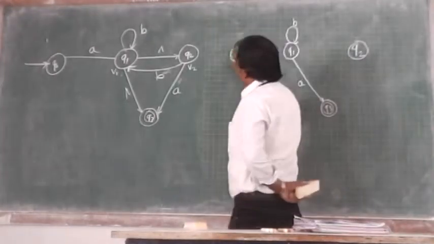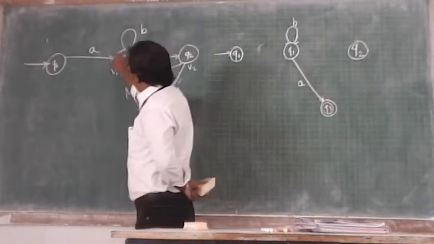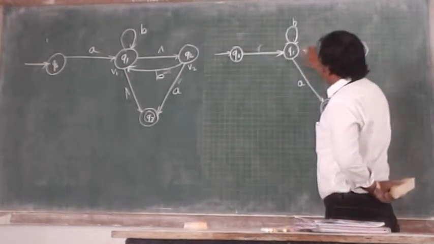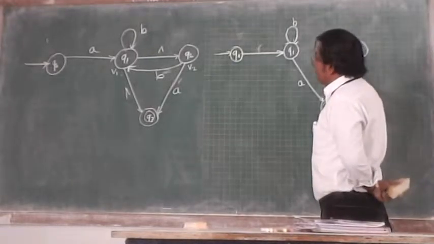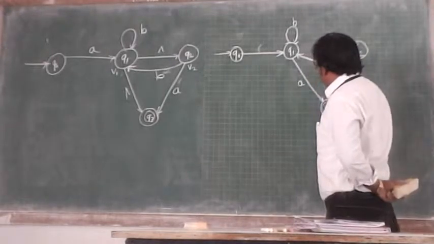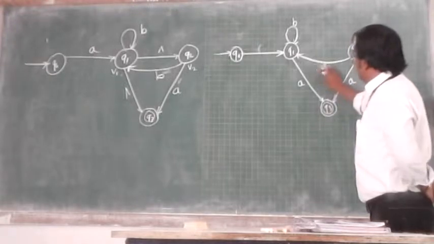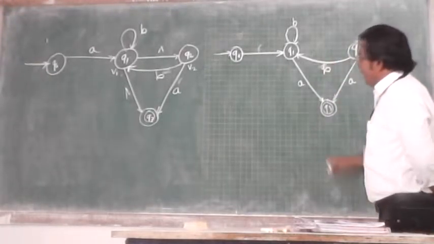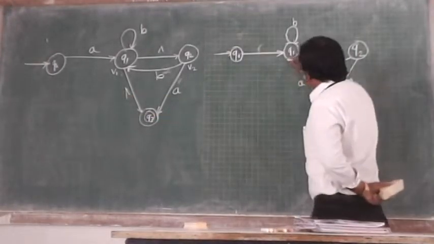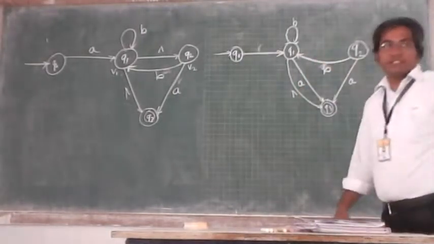Now what do you do? You go on drawing the rest of your finite automata as it is. So only in this case, this null has been removed. That you need not draw. So whatever the rest of the transitions are, just keep them as they are. This is B. And here is a null which is not yet removed. That means I will keep it as it is.